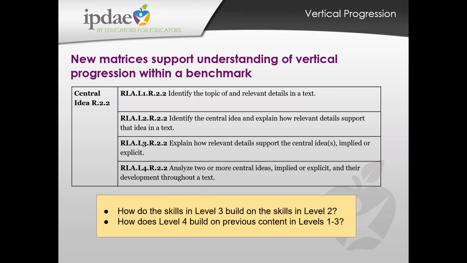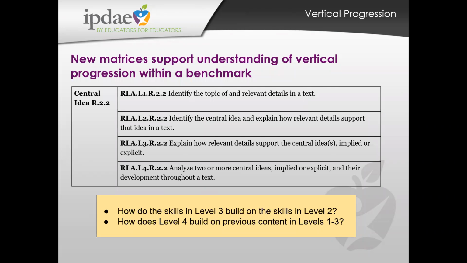As we get to level 3, the standard requires students, first of all, to engage with a more complex text in which the central idea might be implied. And secondly, to apply more rigorous and demanding skills in being able to infer from the details provided what the central idea is. So it's twofold: putting a text in front of students that might be more complex, in which the central idea is implied, and supporting students in drawing more inferences, which is a deeper level of analysis.